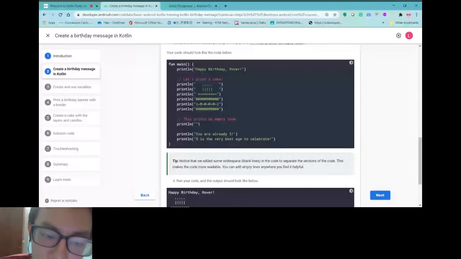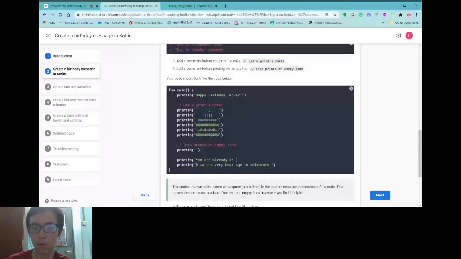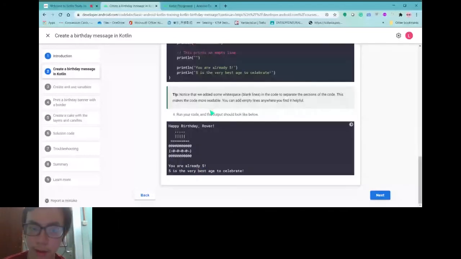It's just for you and the others who are looking at your code to understand. Maybe after some time, like you are doing this programming activity or challenge one day, and after one week you come back again, if you did not write a comment, you will not understand what you were doing. So this is the function of a comment. You can just look at the comment and understand all these things. So this print and empty line here, it's just like this, or println and comment.